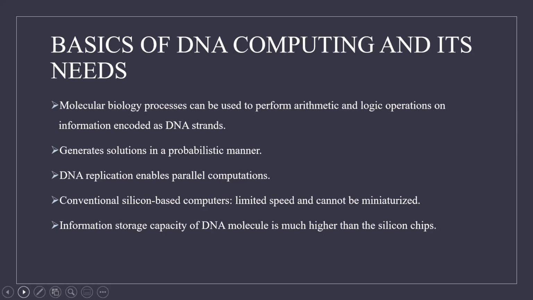The idea to use biomolecular processes to perform mathematical operations on information present in DNA was firm after the proof of concept given by Edelman. The solutions generated by DNA are probabilistic in nature. That means any particular problem may have different solutions, and each of these solutions is generated by each DNA strand. By increasing the number of strands, one can expect all the possible solution sets to be constructed. Since DNA is known for its ability to replicate and make multiple copies, it is importantly preferred for parallel processing.